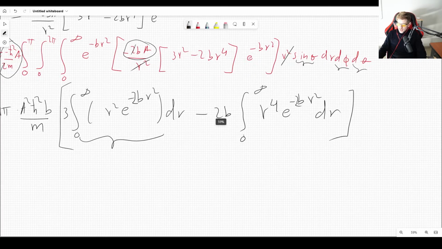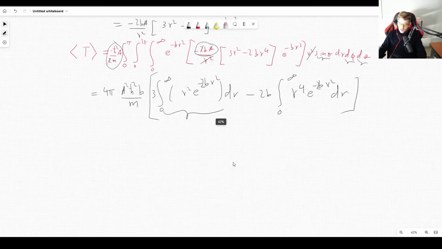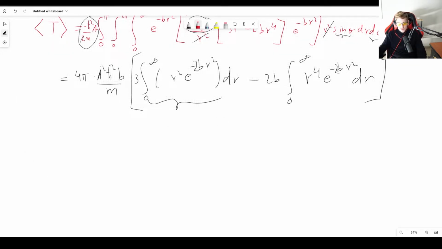And this one right here is a little bit longer. It's r to the fourth. So let's use this one. Again, there's two methods. This time I won't show you both because it's the same as before. You can either use integration by parts or you can use substitution. I will use substitution. So for that reason, you have to notice that this is basically the exact same thing